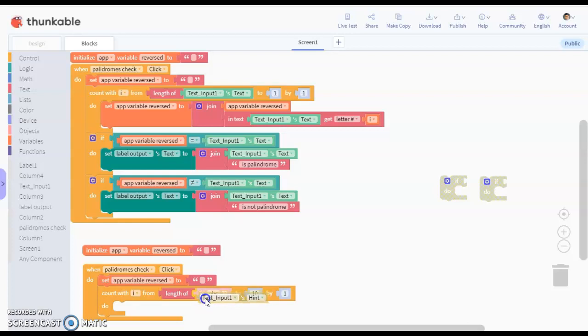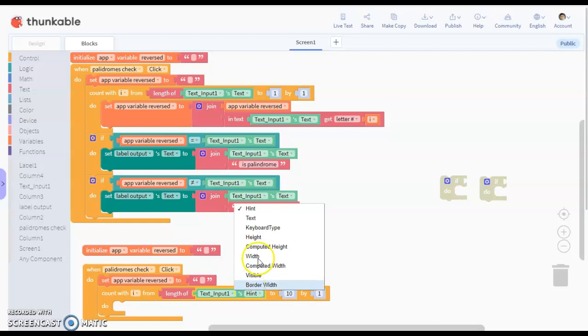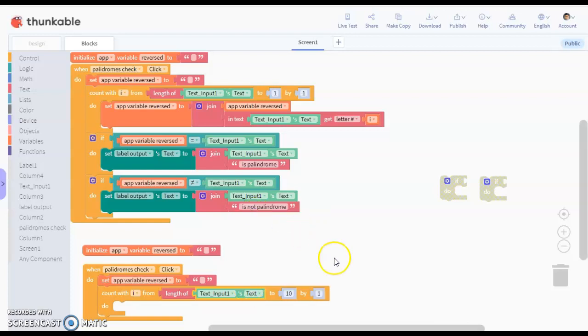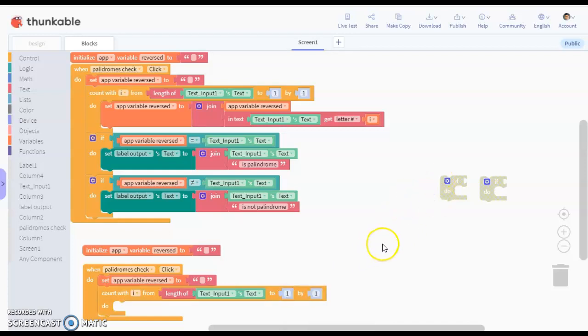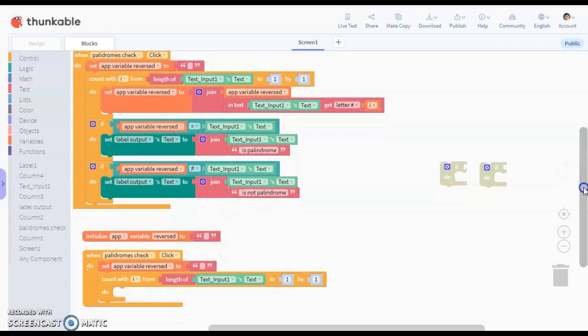And there you go, we've got them both yellow. Click it in, and then you click on hint after this and change that to text. And then after that, you want to change this to 1. Instead of 10, change it to 1. Okay, so now that I've changed this to 1, I am going to scroll down a bit,